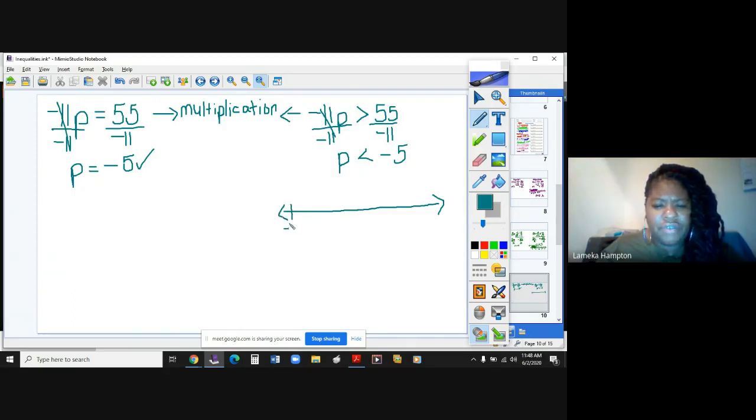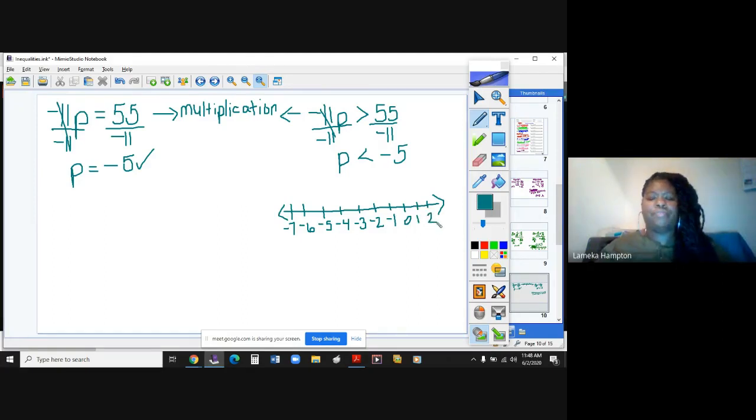Let me do -7. Let me do -6. Let me do -5. -4. -3. -2. -1. And 0. And then I have 1, 2. So remember, number lines go on forever. That's why they have the arrows, and I don't have the time nor the capacity to be writing numbers all